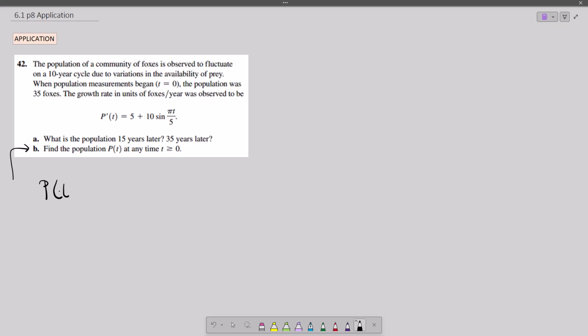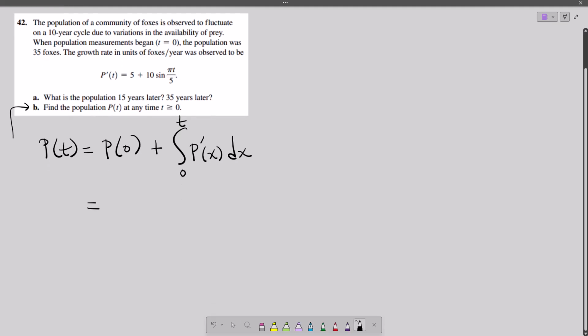So P of t is P of 0, the starting population, plus the change in population. The change in population is the integral from 0 to t of the derivative, but we're going to put in an x instead of a t because we already used the t. So that is the general equation. That's the Q formula we saw a couple slides ago for general quantity. Here they use a P instead of a Q because it stands for population. So how many foxes do we start with? We start with 35. Plus, we're going to integrate on the interval 0 to t the rate of change,